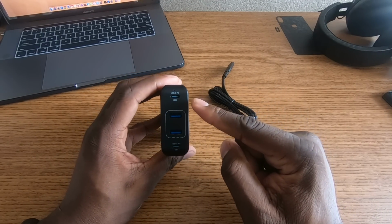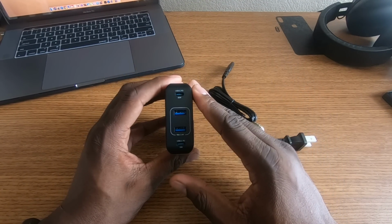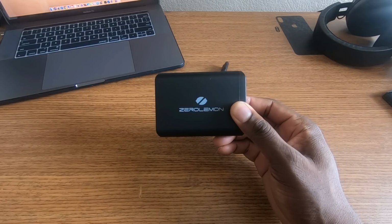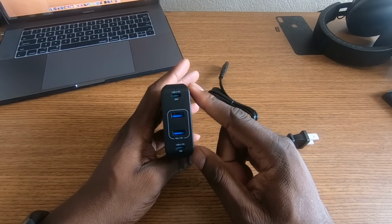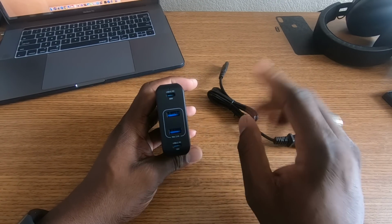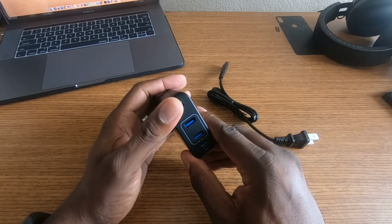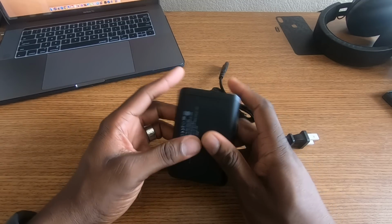It's unique because, as you can see here, I did an unboxing of a different charger for the MacBook, but it requires you to use your plug. And that's the good thing about this one. I don't have to. This one has pretty much the same setup. And I get an 18 watt port down here and a 60 watt port up here, which is really nice. So I'll be plugging in up here, just because I want to use this one instead of the one that comes with the actual